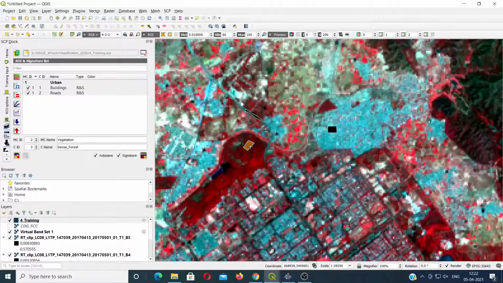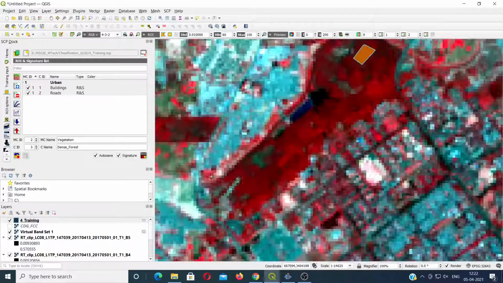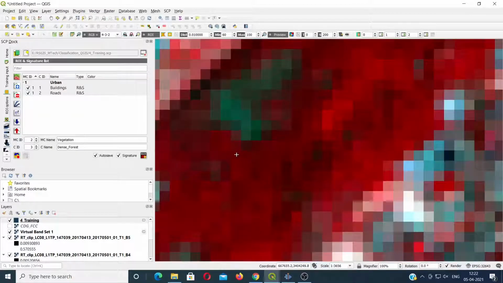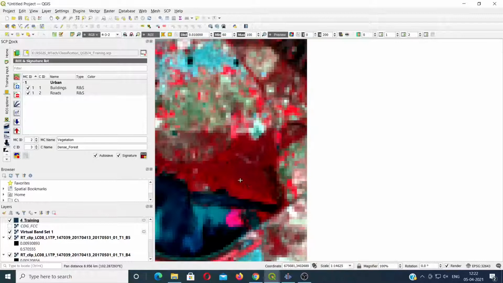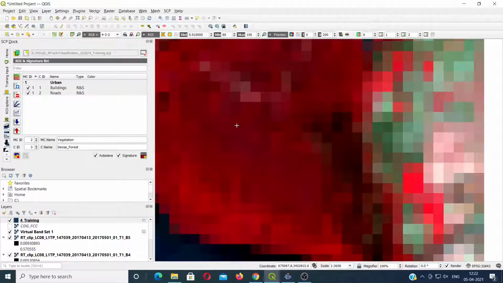So here I have started collecting the vegetation signature. Here next to the lake also we can find some dense vegetation.